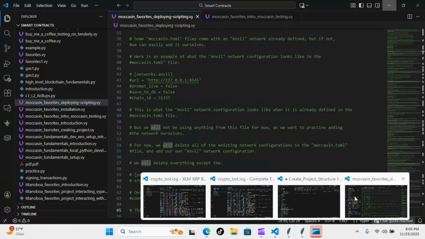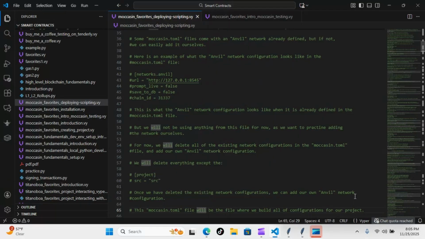Let's have a look at what we're going to be going over tonight. Today we're going to be doing some light reading, so let's dive right into what we're going to pick up from. So some Moccasin.toml files come with an env network already defined, but if not, we can easily add it ourselves. And here's an example of the env network configuration and what it looks like inside of the Moccasin.toml file